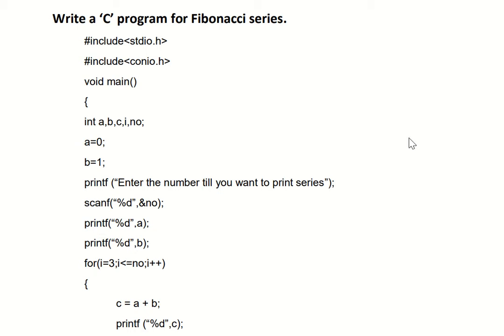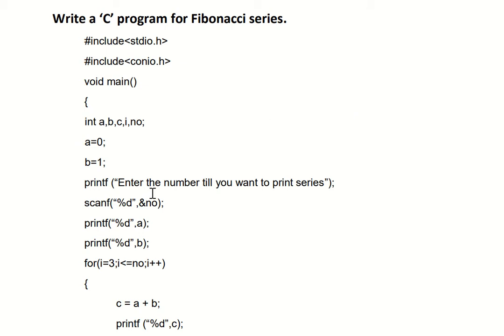So first of all, two header files here, that is #include <stdio.h> and #include <conio.h>. Then in void main function, we have declared actually total five variables, that is a, b, and c, and then i, and then number and o. So total five variables we have declared. Now here in the next line, you all can see that a equal to 0 and b is equal to 1. That means we are initializing a with 0 and b equal to 1 just to start the Fibonacci series so that we can go ahead.